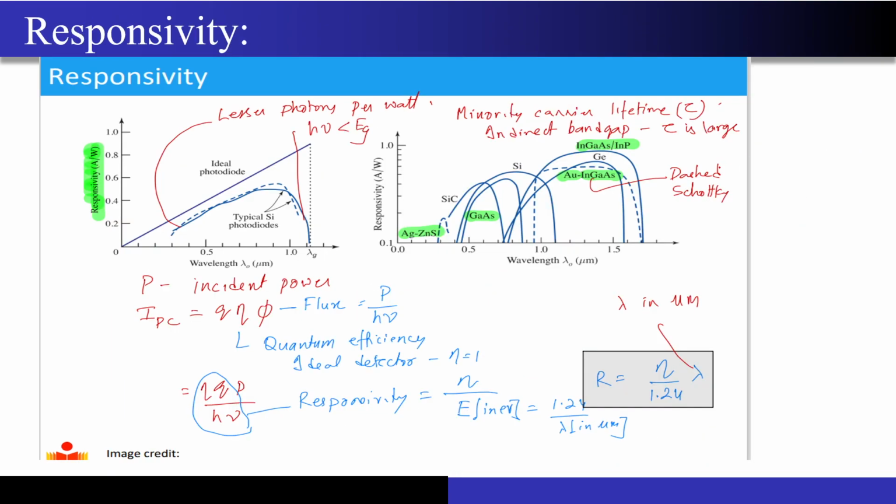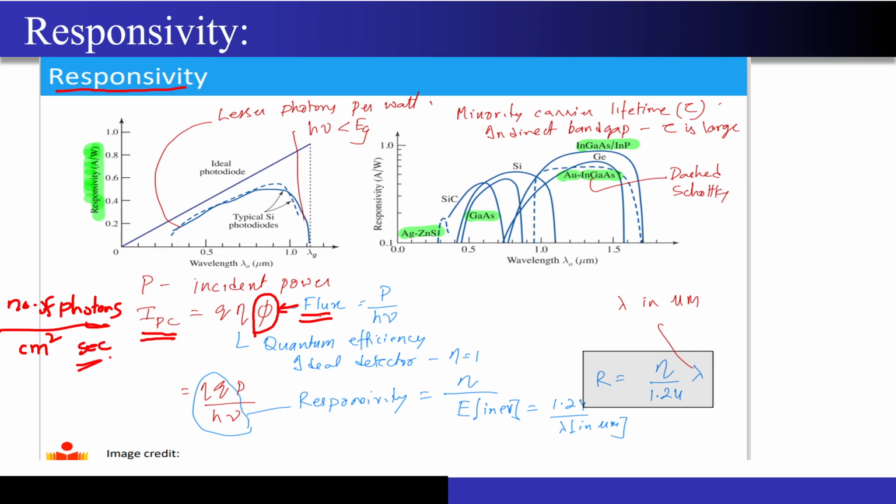So now one important thing that will help us to solve the numericals is the responsivity of the photodiode, correct? The responsivity of the photodiode is nothing but, if I am incident with some photons on top of the photodiode, then correspondingly how much current I will be getting out of this photodiode, correct? What you are seeing over here, this number of photons, is nothing but the photon flux that we have seen. What was the photon flux? Number of photons per centimeter square of area per second, correct?